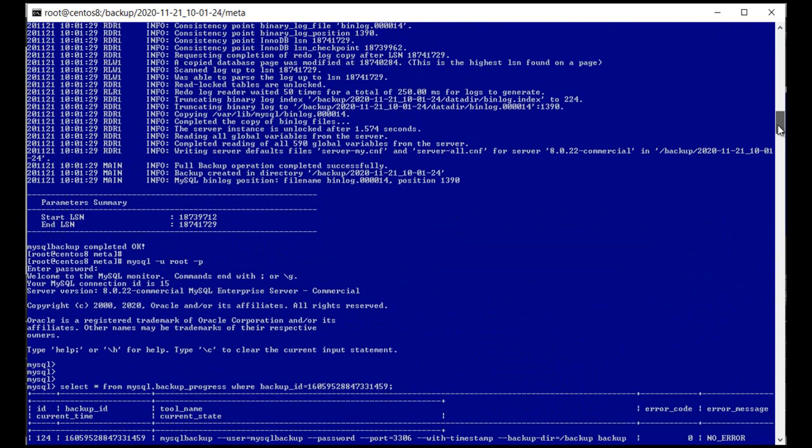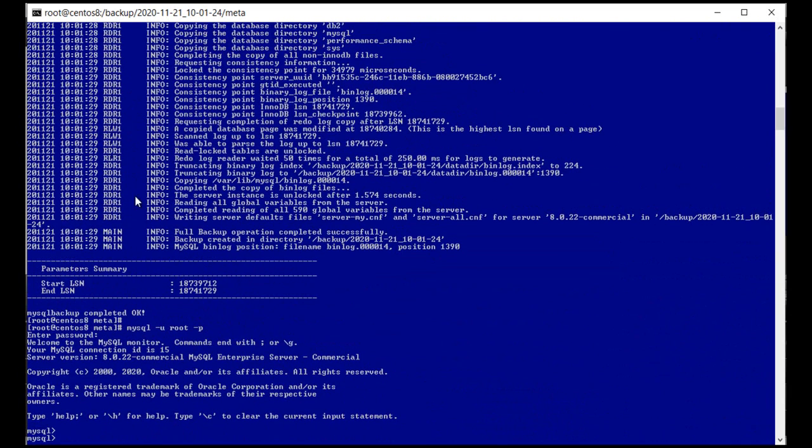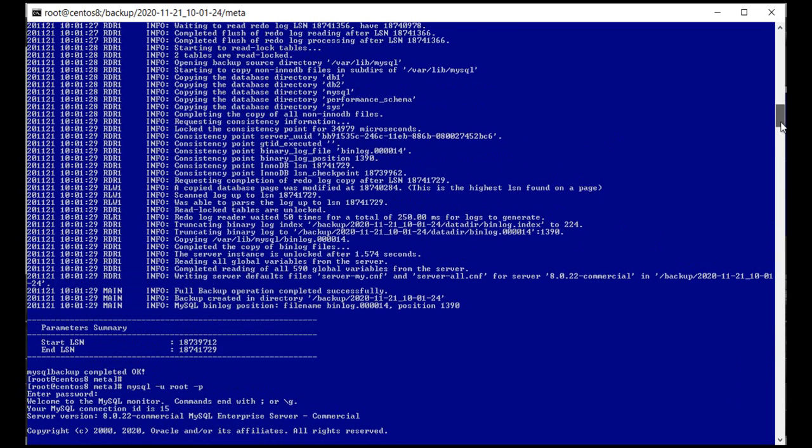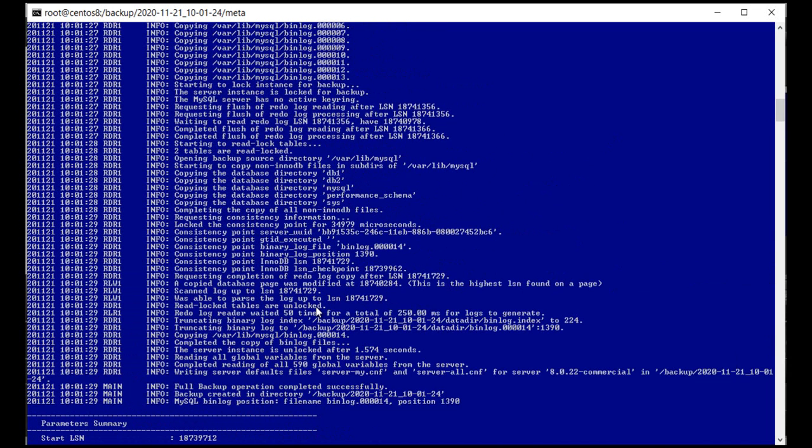Okay, 10:01:29. The server instance is unlocked after 1.574 seconds, and in the second lock it actually backed up the non-InnoDB tables. Two tables are read locked, and then after backing up the InnoDB tables and the non-InnoDB tables,